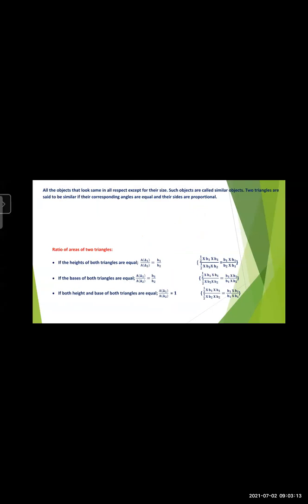First condition, if the height of the triangles are equal, then we find the ratios of the areas of triangle equal to B1 by B2. And if the bases of the two triangles are equal, then we find the ratios of area of two similar triangles by using formula H1 by H2. Okay. And if both height and base are equal, then the ratio of the areas of two similar triangles is equal to 1. In this last case, B1 and B2 are equal, H1 and H2 are equal, then both get cancelled, we get 1. Okay. Then by using this concept, we solve our practice set